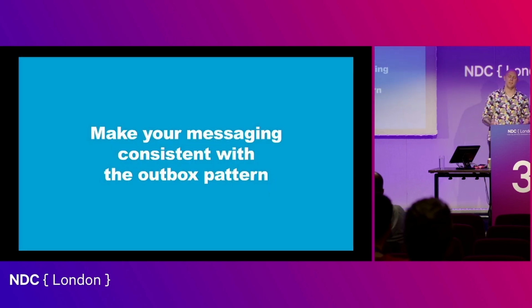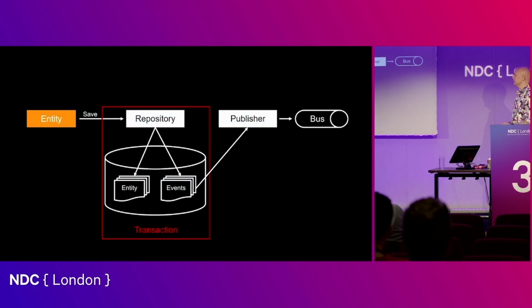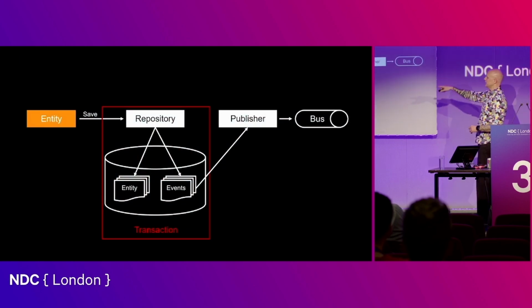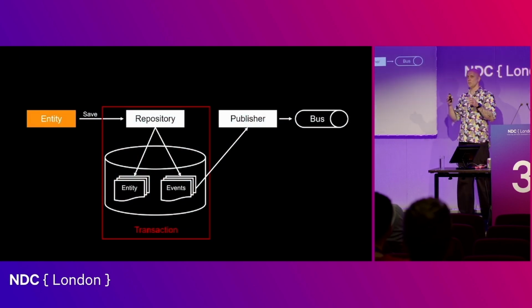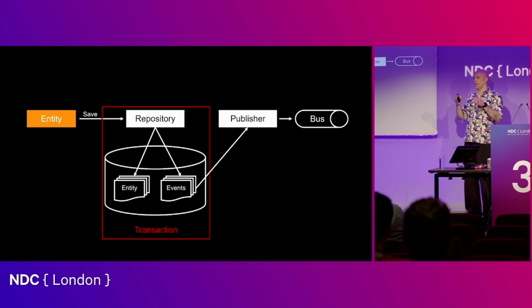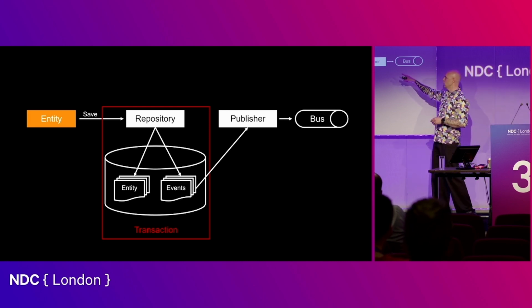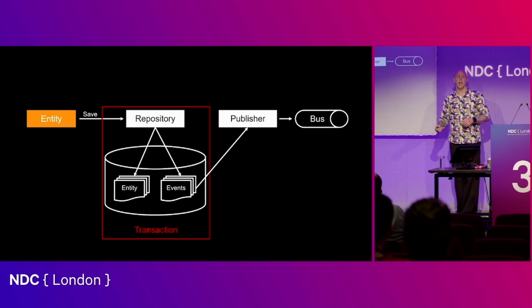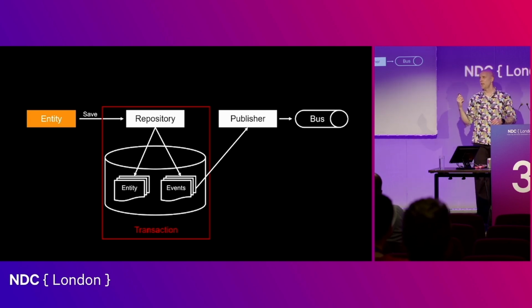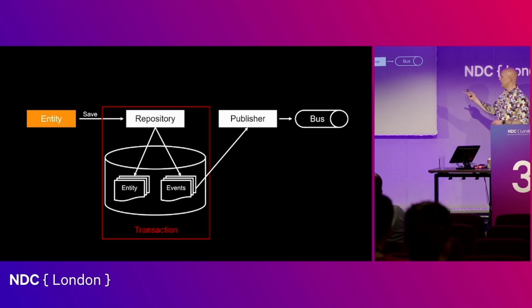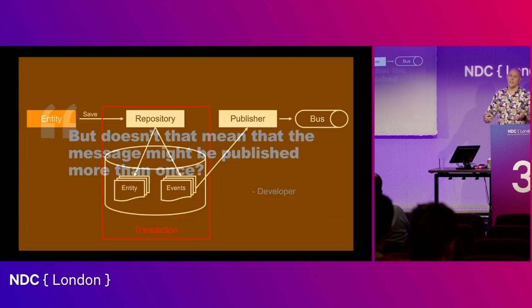And this is actually very simple to fix. You use what is called the outbox pattern. You basically take your event, you save your entity and your event to the database in the same transaction, so you know that they are always saved in one place and they're consistent. And then you create another little tool that goes and looks for the events in the database and pushes them to the service bus. This means that these events will always go to the service bus,